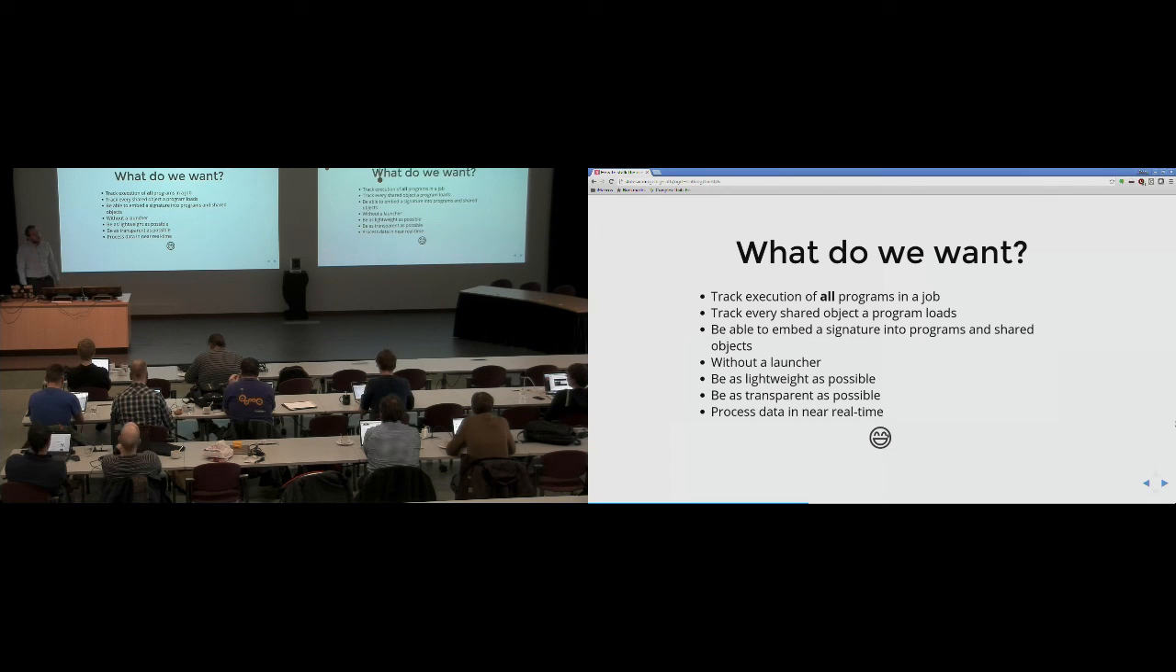We also wanted to be able to embed a signature, to be able to tell what program exactly was running. And we wanted to do it without a launcher, be lightweight and transparent, and we wanted to process that in real time,